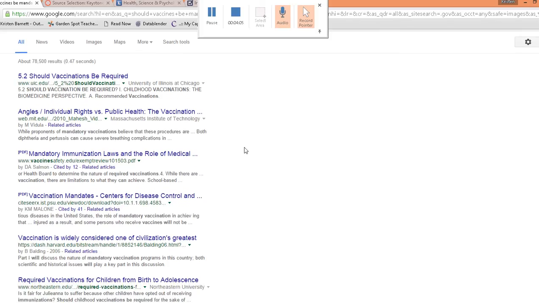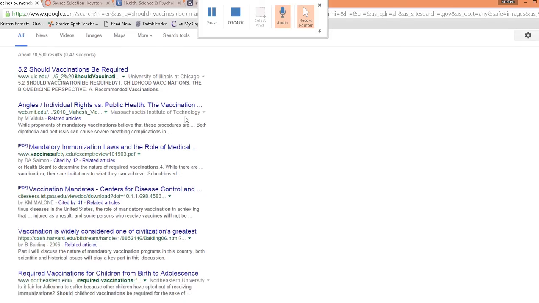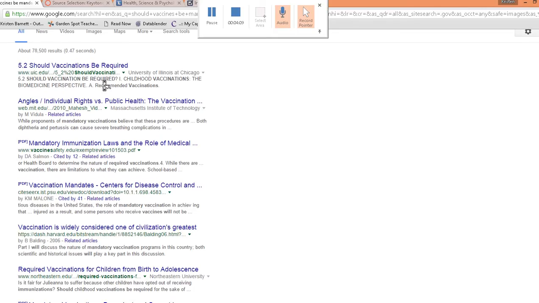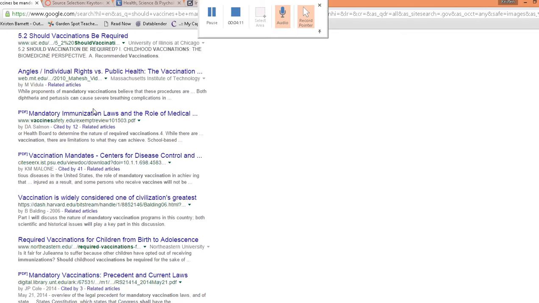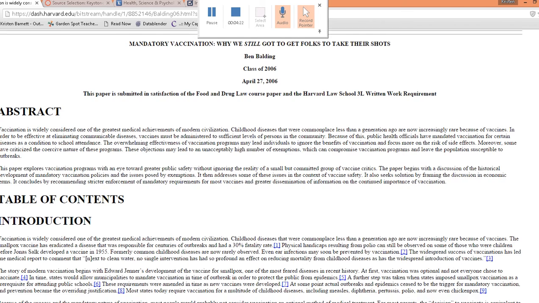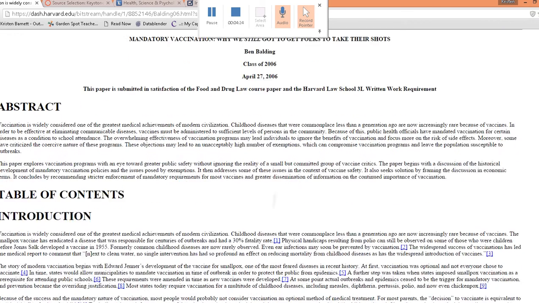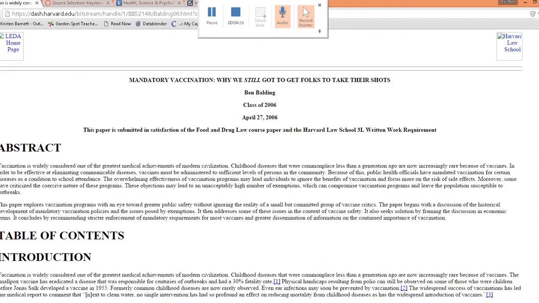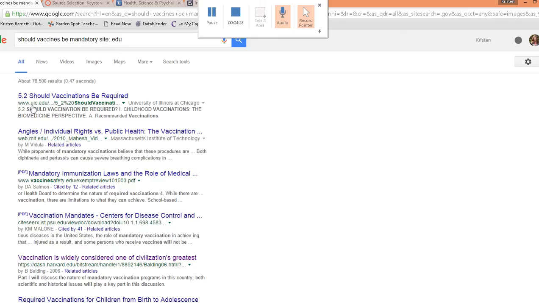You still have to check because it's not foolproof. And I see vaccines be required, public health, mandatory immunization laws. Yeah, these are all .edu. Here's another one. So you could cite any of these things. Mandatory vaccination, why we still need to get shots. So those are all credible and trustworthy.